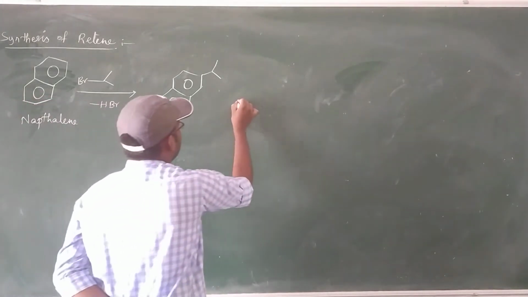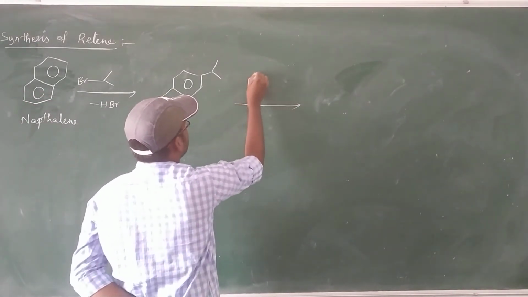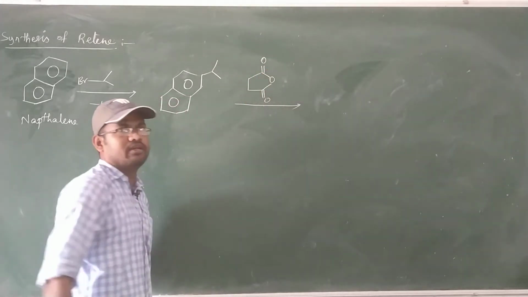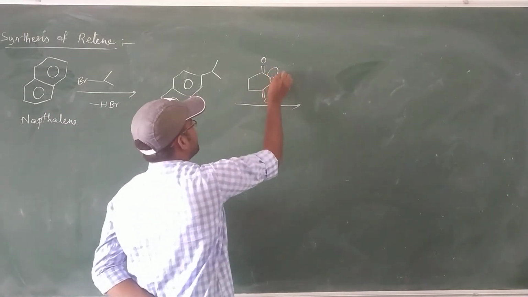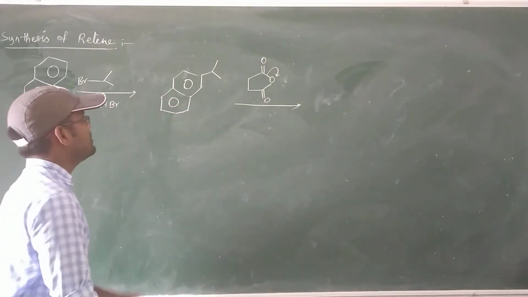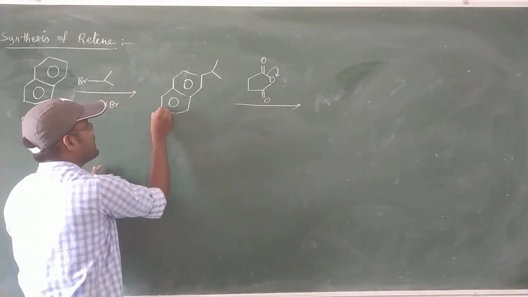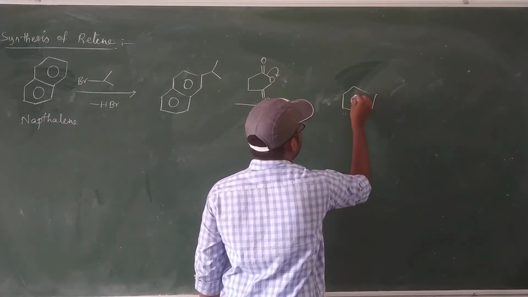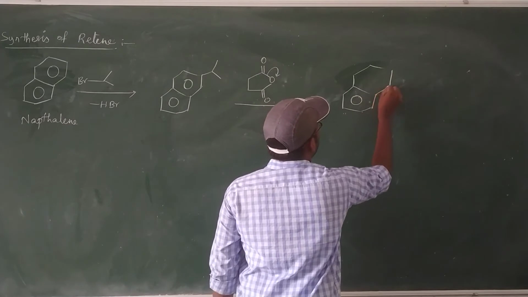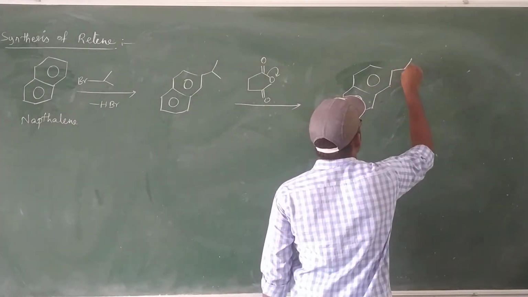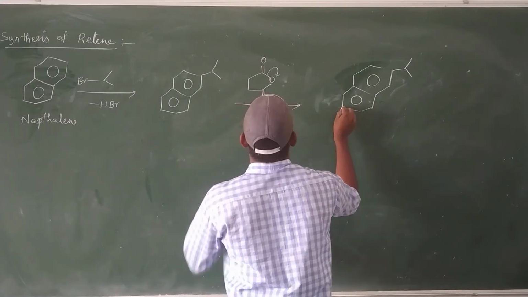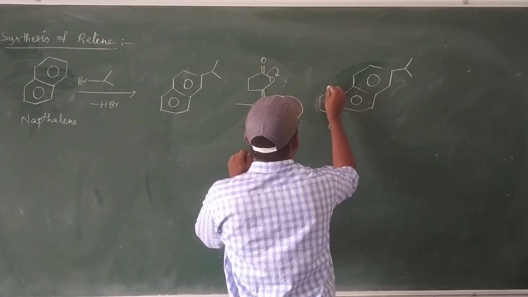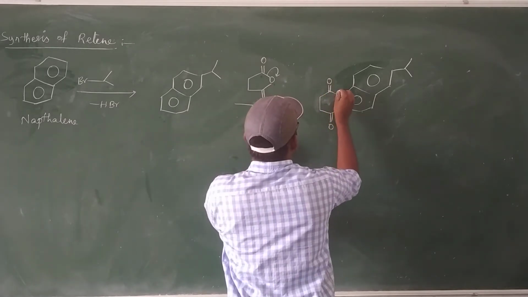When it is treated with succinic anhydride, the reaction is carried out and the C double bond O plus binds with the edge carbon atom. As a result, the first ring and the second ring have the isopropyl group, and the first ring binds with a C double bond O carbon, and here the C double bond O minus binds with hydrogen, simply the OH part.